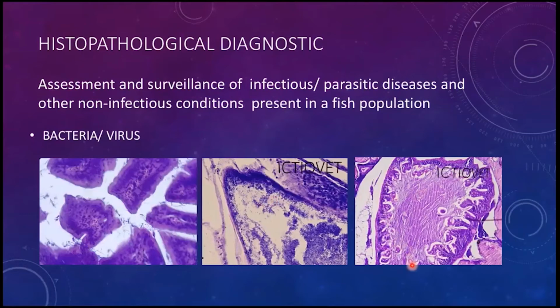Or also, in this case, for instance in a viral infection, I should say this is from trout, not from sea bass or sea bream, but this is quite a characteristic inflammatory response of the intestine exposed to a viral infection. Basically, we can detect this catarrhal enteritis going on in the digestive tract of trout in this case. So bacteria is one of the things that we can spot, bacteria and the tissue response that